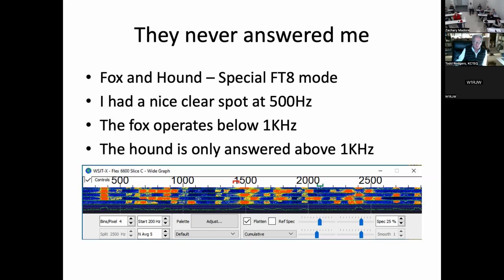If they're running MSHV, running 5 streams, you'll actually see them on the waterfall here. You'll see all 5 streams scattered out maybe 50 hertz apart. They'll be at 300, 400, 500, 600. You'll see how many streams they're running. A lot of times on the cluster, somebody will put a note, MSHV 5 streams, based on what they've received and what they've seen. The cluster is something we do for each other,